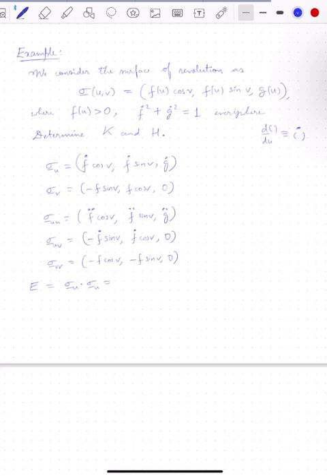So then we have f dot squared plus g dot squared, and this equals 1 from the unit speed curve condition. And then F is equal to sigma u dot sigma v, and this comes out to be 0 because the terms identically cancel. And then we have G is equal to